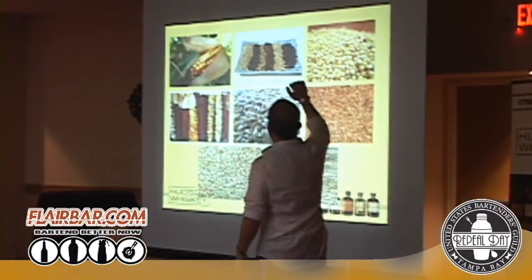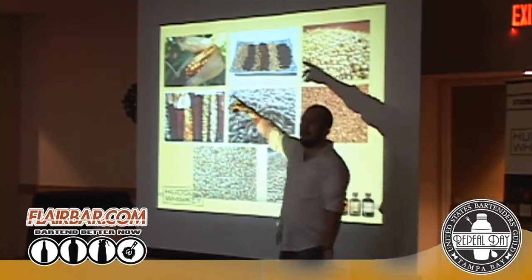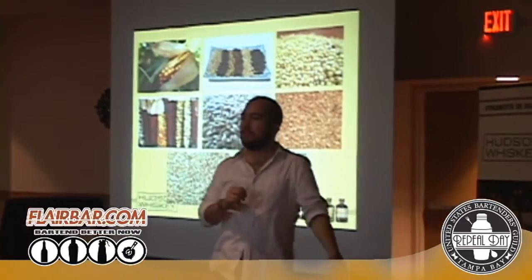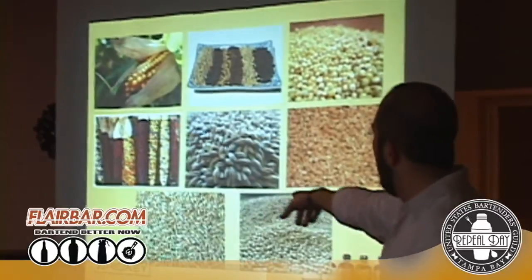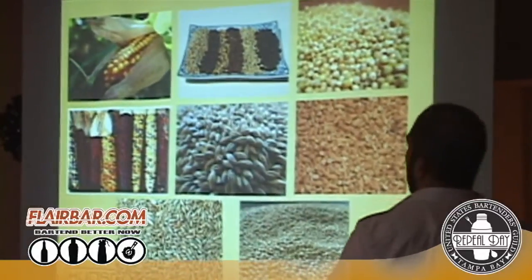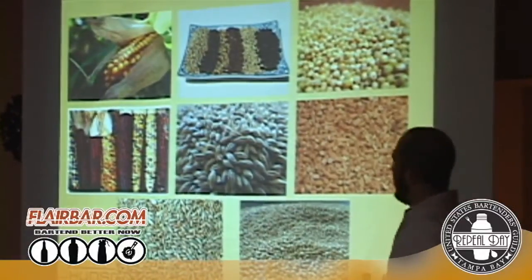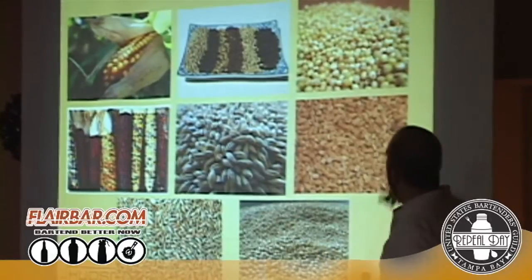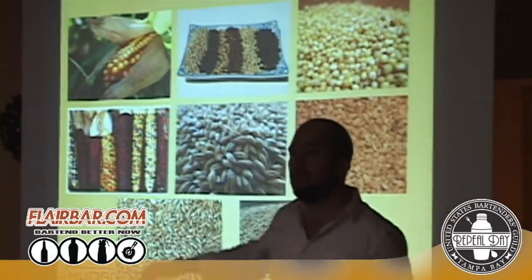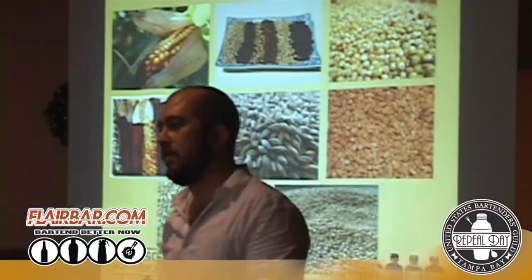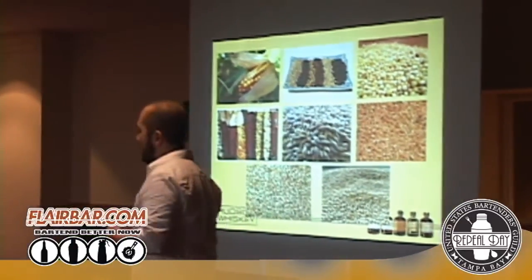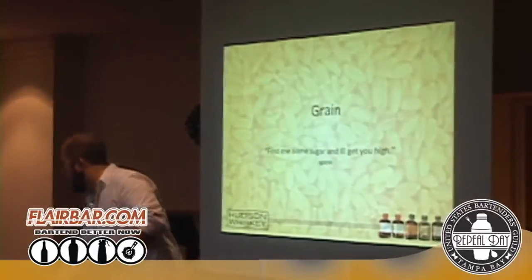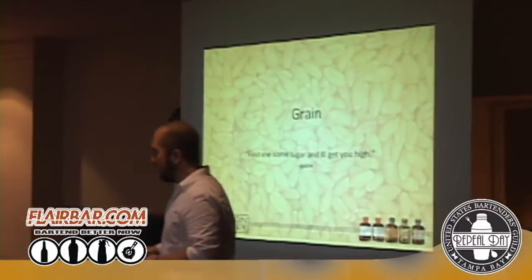You can see some malted barley and different types of malts up top, different types of roasts of malts. Malted barley in the middle, there's some rye down on the left there. We've even got distillers now making whiskey out of quinoa and millet. Some oats, we've got some oat whiskey in barrels at Tuttletown or at Hudson. So these are the main grains that we're using. I didn't put in wheat because there's wheat berries back there. Those are wheat berries.